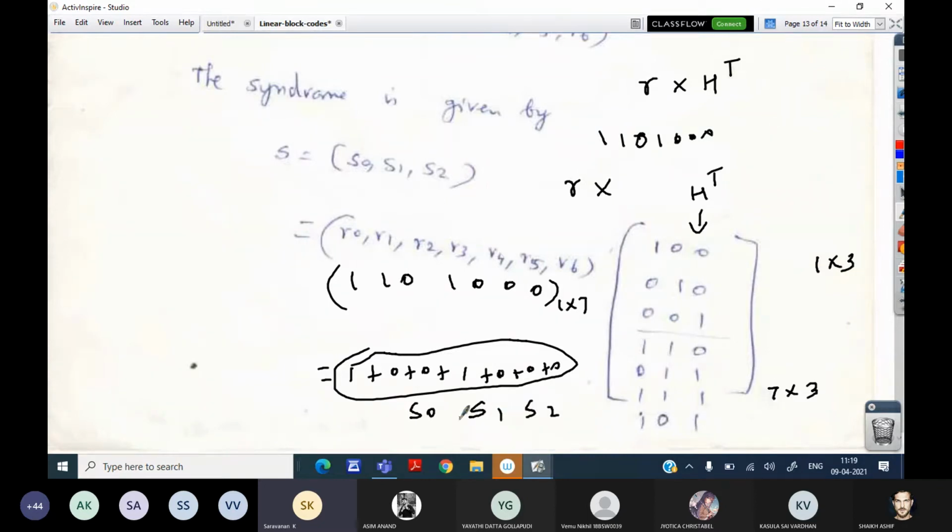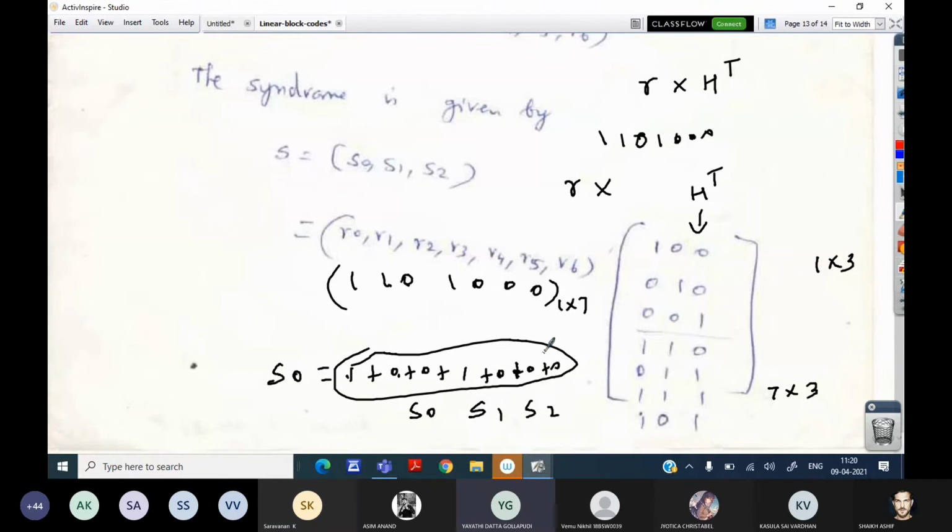Sorry, S2. Okay. So I have computed only S0. Similarly, you have to get S1. We have to XOR between all the values that we got. So 1 XOR 0. See, 1 into 1 is multiplication, no need to use XOR there. 1 into 1 is going to be 1. 1 into 0 is 0. 0 into 0. In between we are putting plus, that is XOR, right? Okay? Yes, sir. That is what I'm saying, sir.